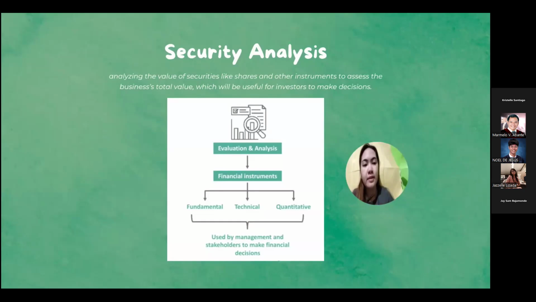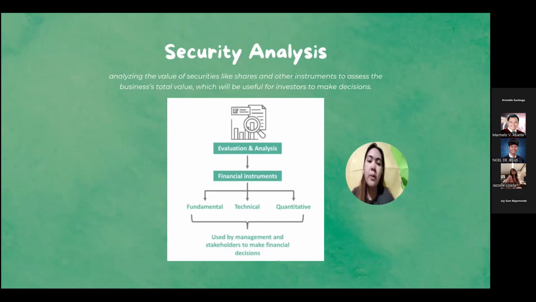Okay, so for the next topic, the security analysis, it is analyzing the value of securities like shares and other instruments to assess the business total value, which will be useful for investors to make decisions. So, ito yung, this security analysis is a process of examining investments like yung mga stocks and bonds para ma-determine nila yung value and risk ng mga to. Then, it includes din na tignan yung company financial health and market trends para yung investor ay makagawa ng better choices and ma-avoid yung